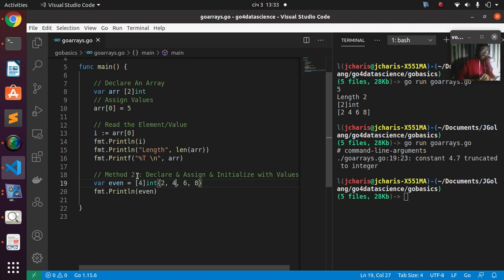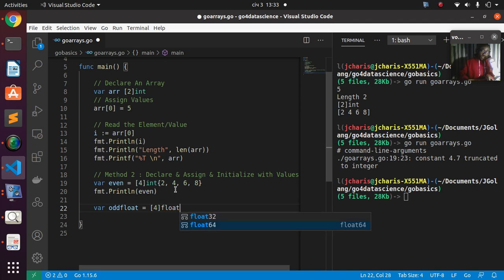Very simple. So arrays cannot only be integers or float or something. I can also put an array of float. So let's try an example. So var odd numbers, or let's call it odd float. And I'm just going to go straight away with this. So it's going to have, let's say, 4 values and float. You can use float64, float32 based on the system. Then I'll specify that I'm creating an odd value. So let's call it as